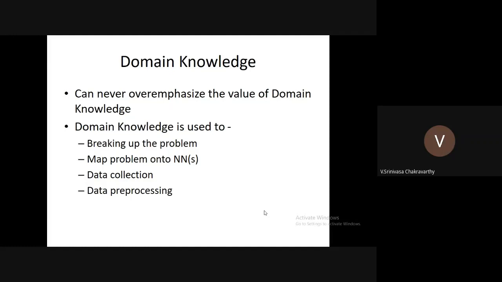So for that, you can just take one big network and classify it and formulate the problem, or you can try to break up the problem into multiple problems and train individual networks and then combine their decisions using another neural network. So to be able to make those decisions intelligently, you need to understand something about the problem. So one more example that I'm familiar with is the problem of OCR, that is optical character recognition. Let us say you have a document, and you scan it and you get an image, and you want to identify the characters in the image